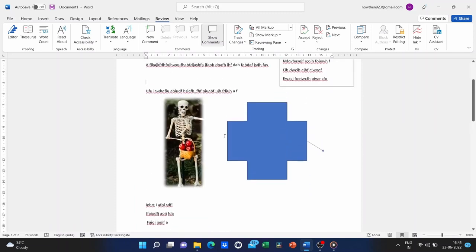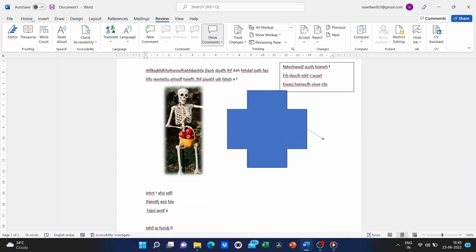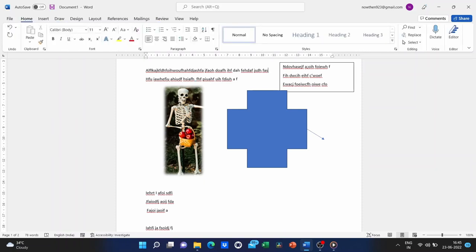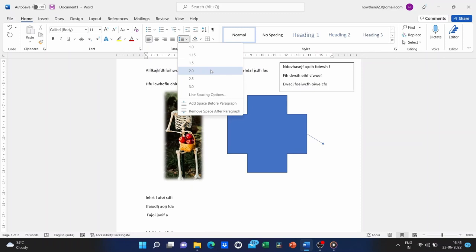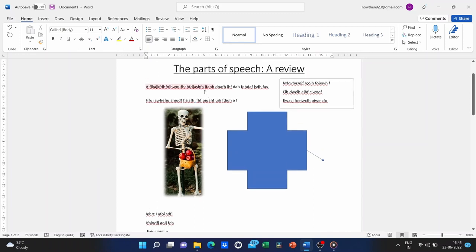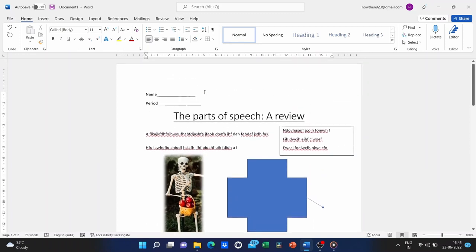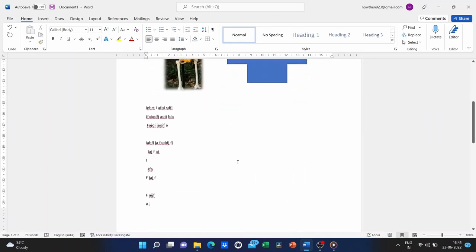Well, here in the Home tab, Home ribbon. You can go to Paragraph Group and look right here. This is the line and paragraph spacing options. You can go in and say, I want double space. Now for that to really be effective, you need to click and drag to highlight the text that you want to affect.